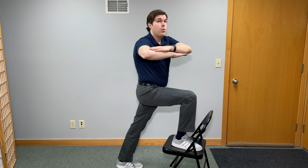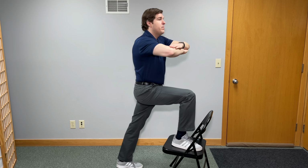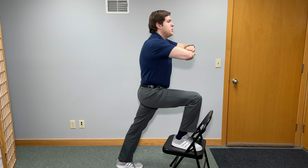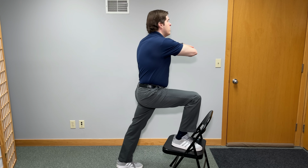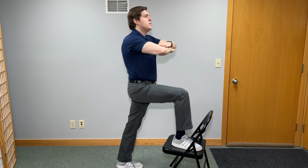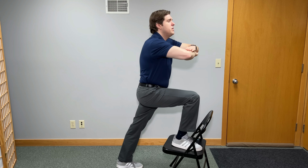Once we hit that point, you want to hold this one for about 15 to 20 seconds. Just do nice, slow, controlled breathing also. From there, just relax, take a breather. On the next repetition, try to stretch into it just a little bit more, but this time around, go towards the non-painful side. You'll notice that it hits the muscles again just a little bit differently. But I try to do this one nice and slowly, building into each repetition and doing it for 3 repetitions